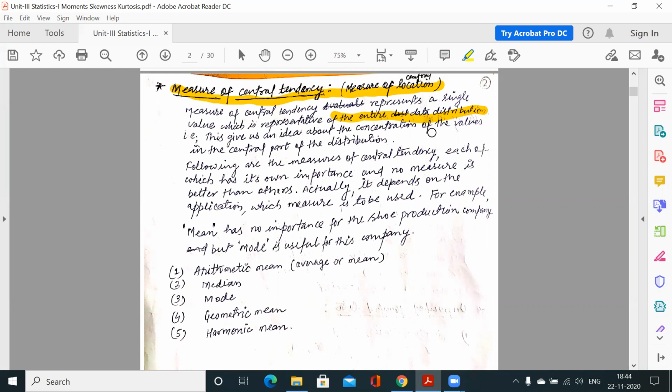So I can compare. I have two pieces of information: the first student got 84 average marks, that means in all 10 subjects he got near about 84 marks, and the second student got, suppose, 75 average marks, that means in all the subjects he got near about 75 marks. So I have an idea about all the subject marks, that means about the students' performance, and also I can compare both of these students.